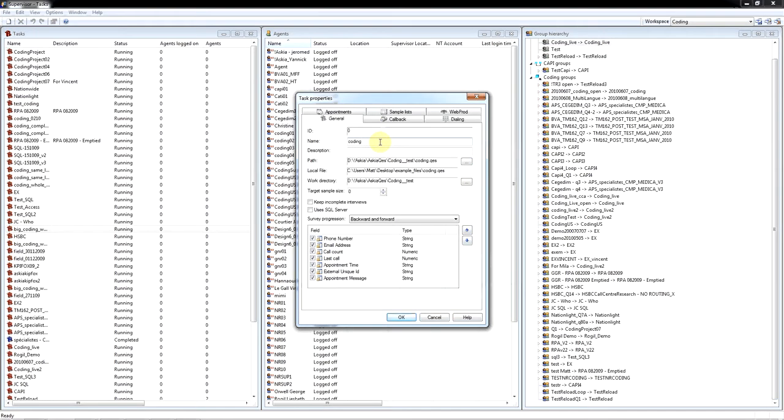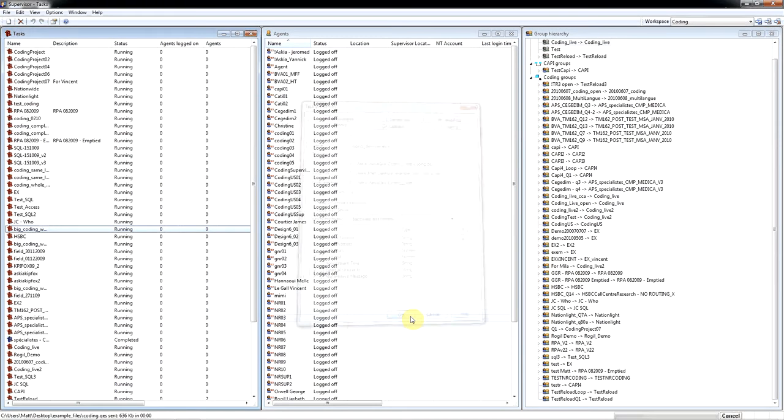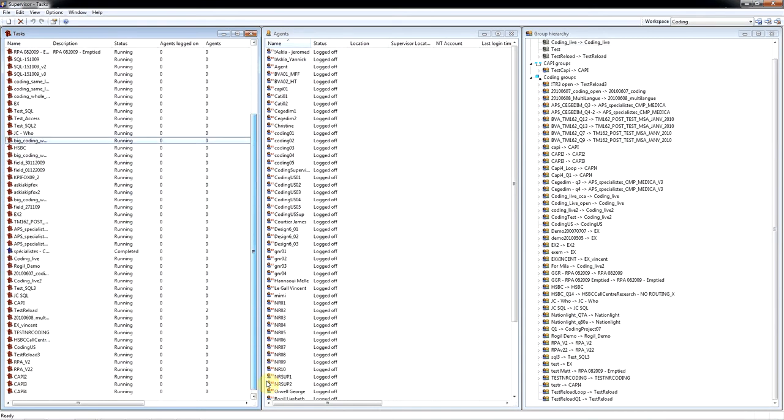And I'm also going to give the task or project a name which will allow me to easily identify it on the list of tasks in Supervisor. Click on OK, and after a brief moment we'll see that at the bottom of the list of tasks the